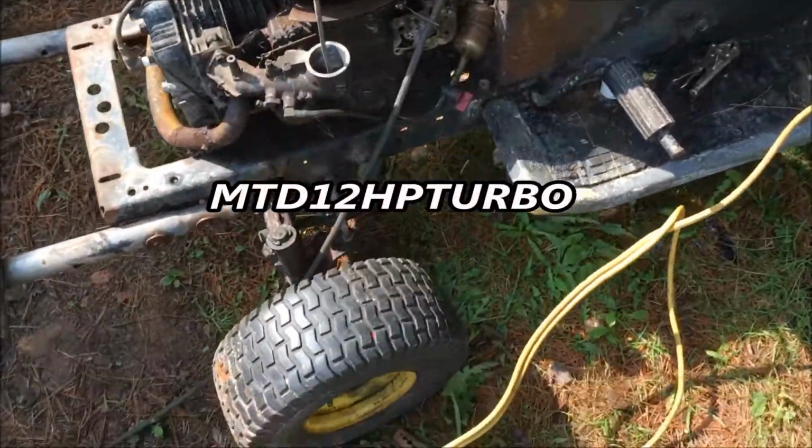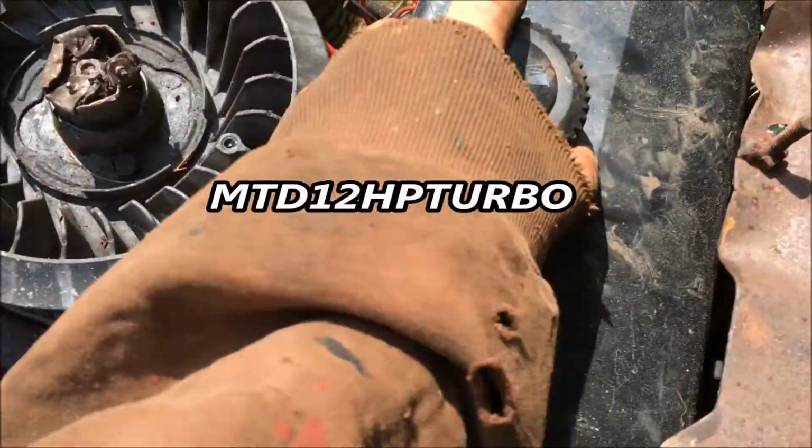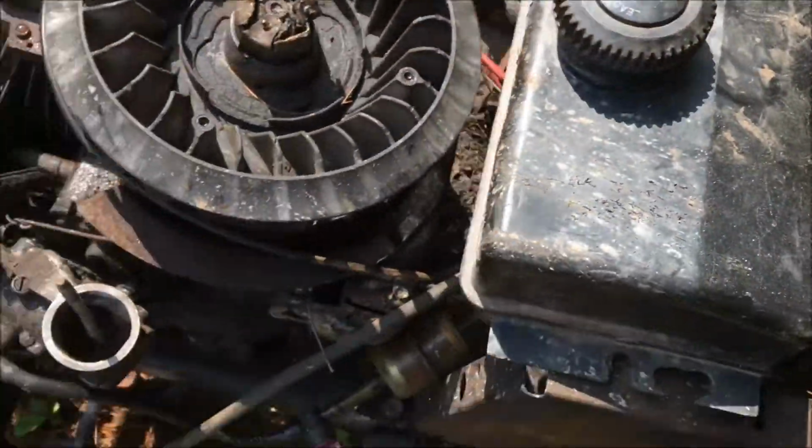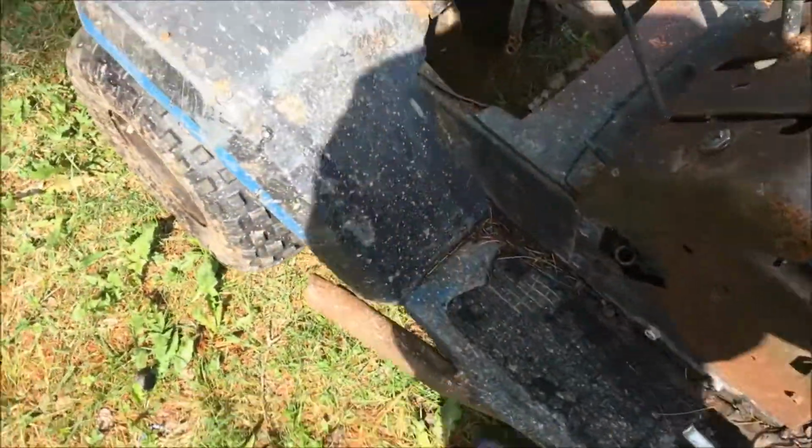Alright, so I put new wires in it. What I mean by that is I found an old harness and I put it all together. I don't know if it's gonna run, and I don't know if I have it wired up right, but I also don't know if I have a key that I can jam in it, but